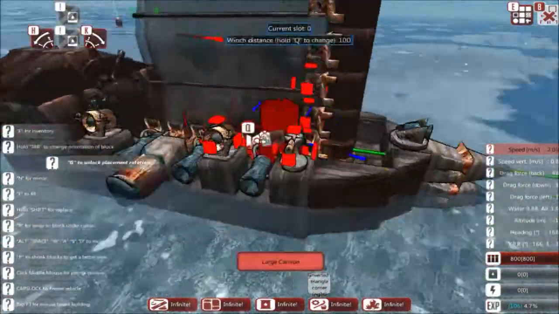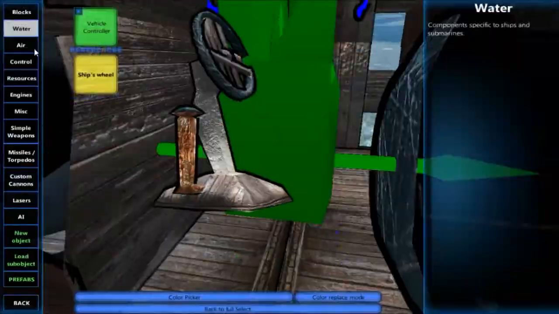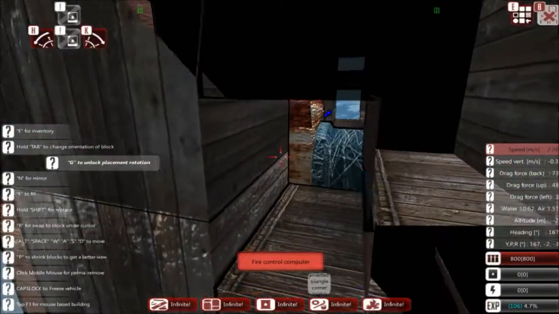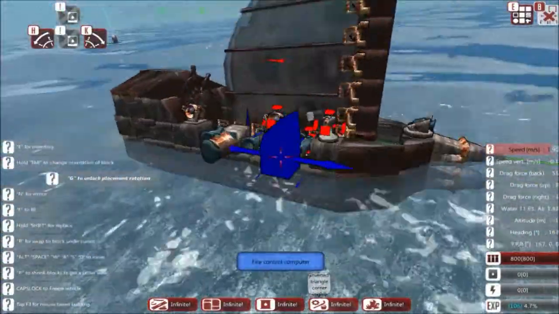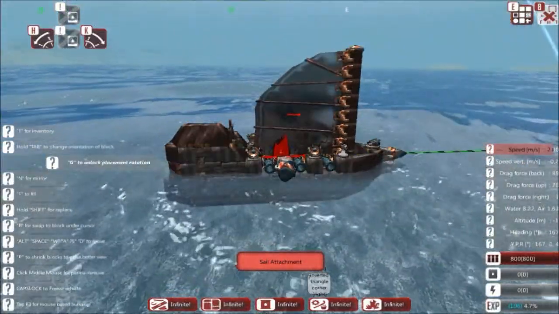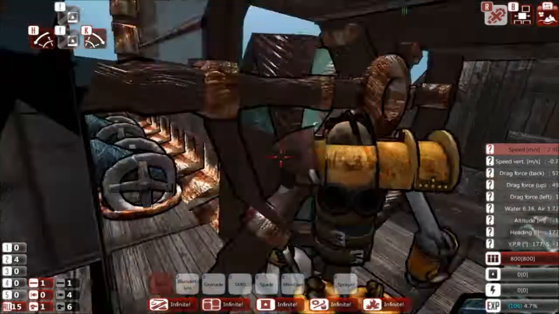So we've got it armed up. Let's just put a ship's wheel and secondly a fire controller. This allows you to control turrets, guns, anything on your ship all at the same time. And yeah, we've got it built, we've got it armed, and say you've built your first ship and you want